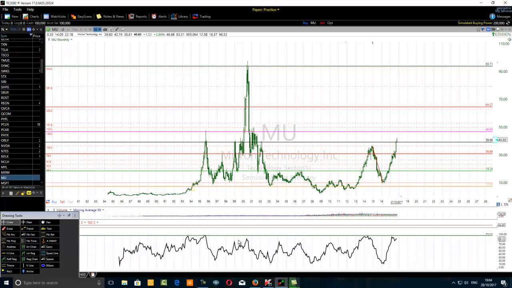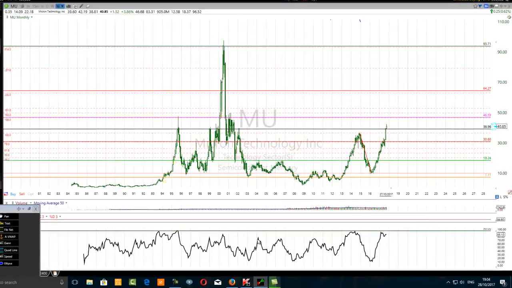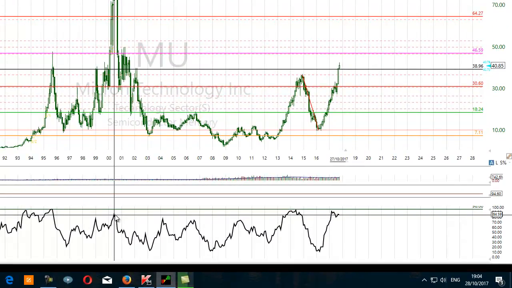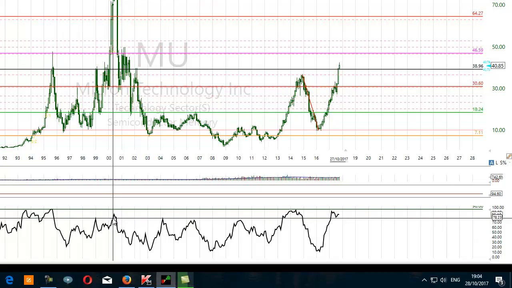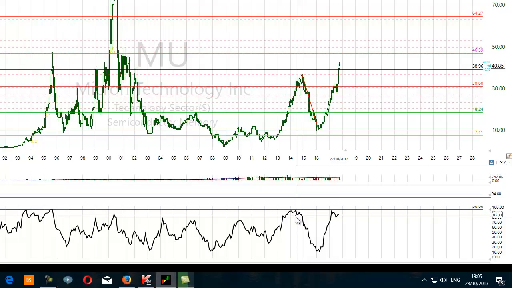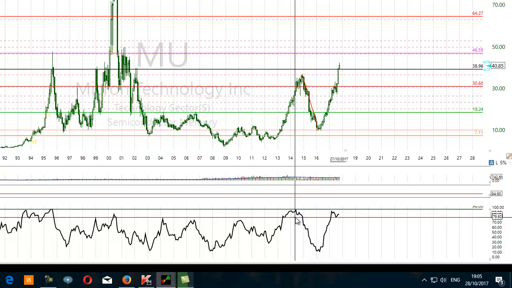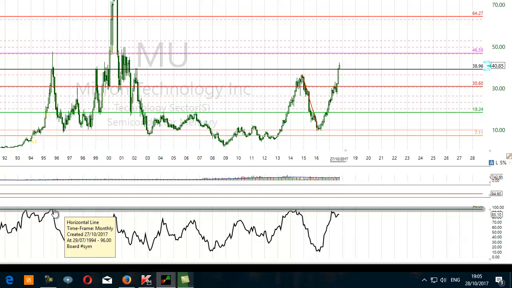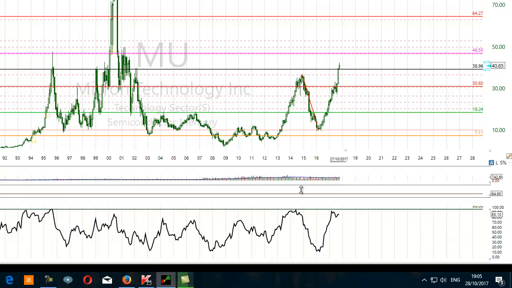After that, it did not happen again. You see here, it didn't touch it, came quite close in 2000, but didn't reach it. Here also, didn't reach it. Here also. And now, look, recently, in 2014, one more time, the RSI period 14 for Micron Technology has peaked again, has achieved a significant high again. Whenever you see that, you can expect two things,